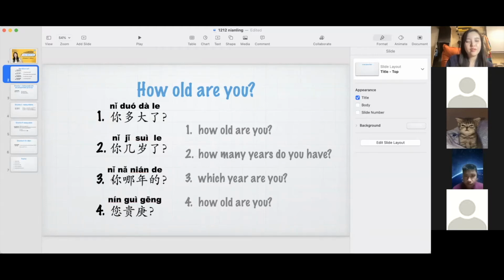It's not direct, but we can still calculate by the years. So 你哪年的? Which year? 哪年, 年 is year. 你哪年的? Which year are you? And the fourth one,